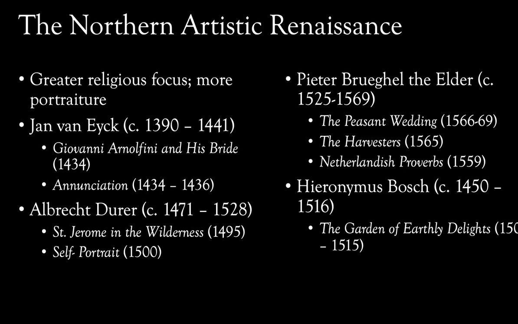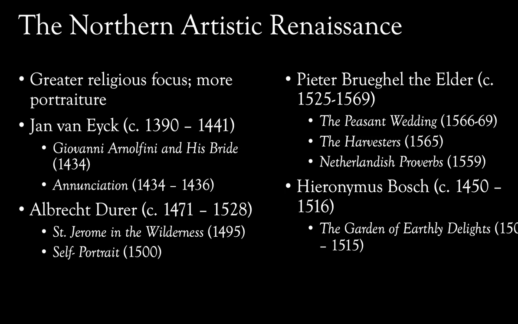And later, when the Protestant Reformation is underway in the 16th century, there was also a concern about this idea of iconoclasm. I'll spell that for you, iconoclasm. Iconoclasm is this idea of utilizing lots of religious images in art and architecture, and we will find that Protestants tended to distance themselves from that practice. That became more of a Catholic characteristic. And so in the places of Europe that became Protestant, we see a decline in the use of even religious imagery in art because of that aversion to iconoclasm.